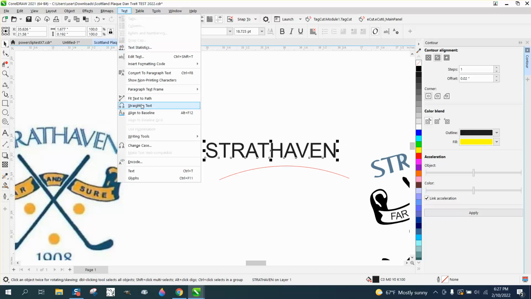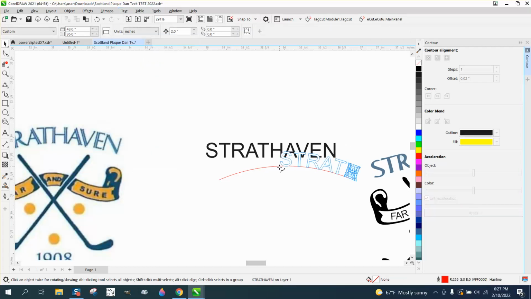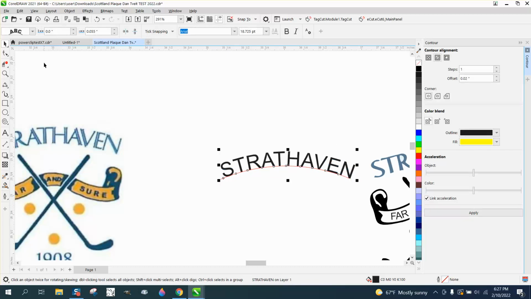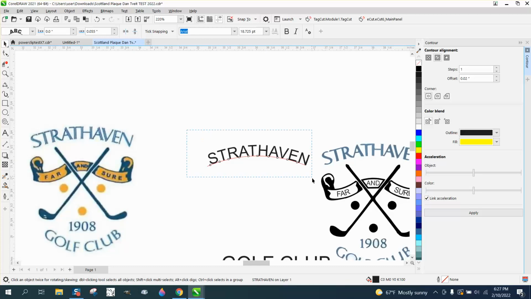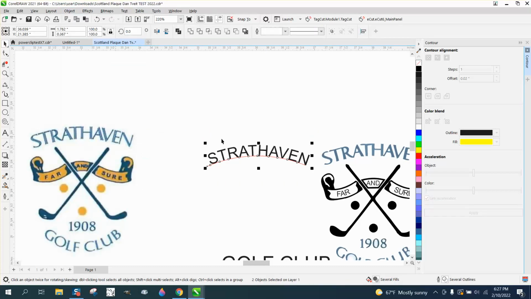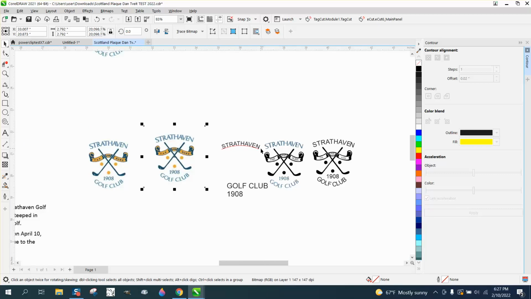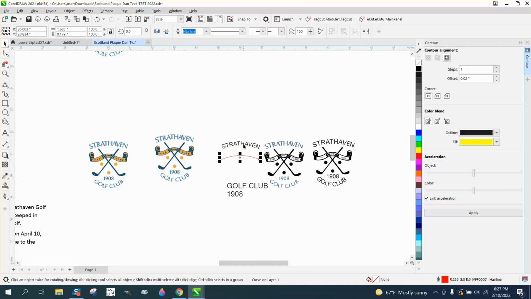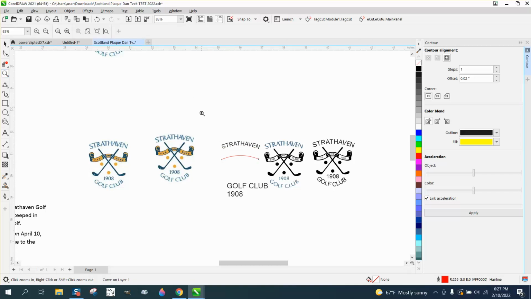Go up to Text, Fit Text to Path. We should get a red line in the center, meaning we're so perfect it's going to be on the end. Now grab it all, Object, Break Text Apart, and I didn't do what I said I was going to do. I said I was going to nudge it a bunch. But what you can do